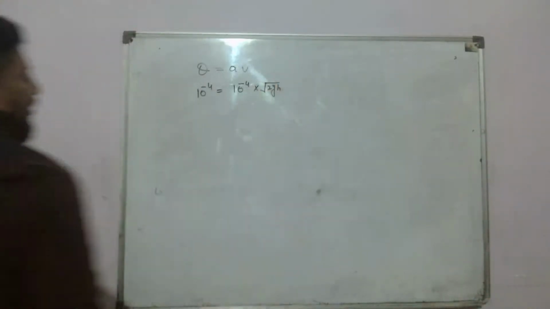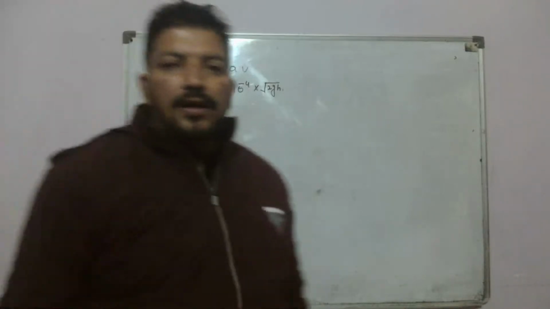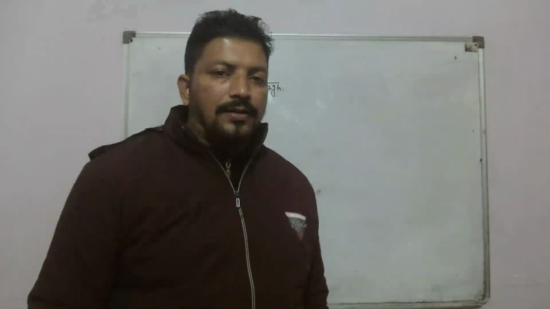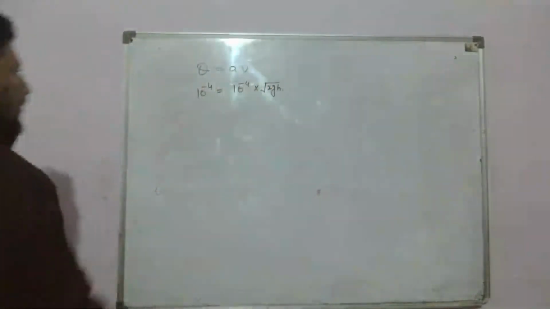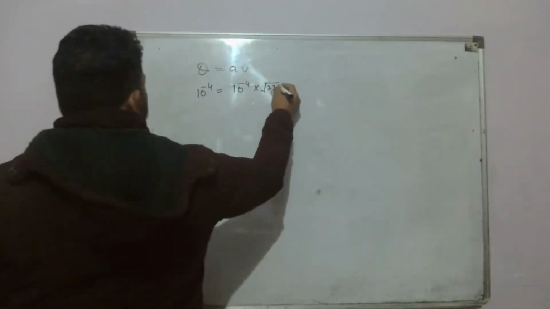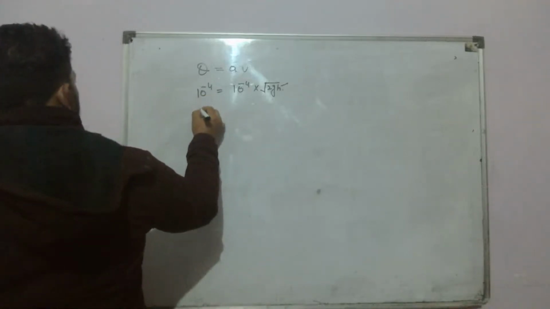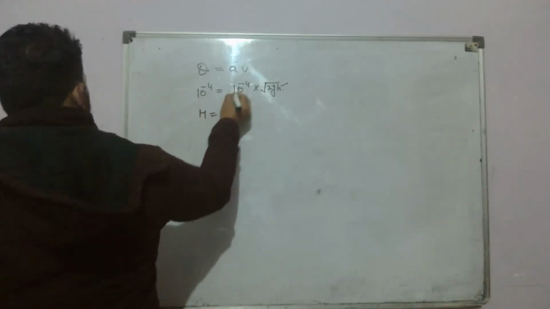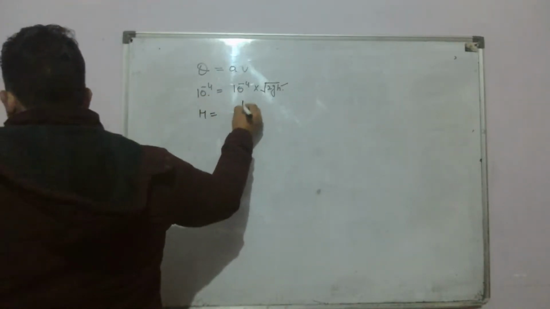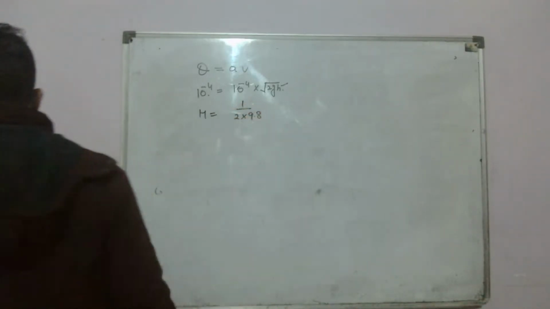You know the formula. This formula is proved by efflux, and now you solve this equation. From this equation we will calculate this height h. So h is equal to, this will cancel out, h is equal to 1 by 2 multiplied by 9.8